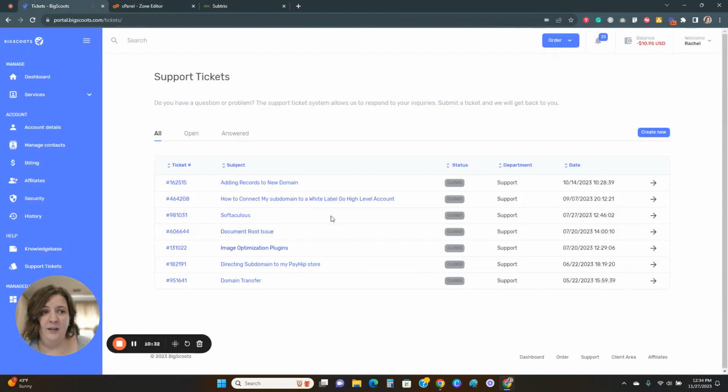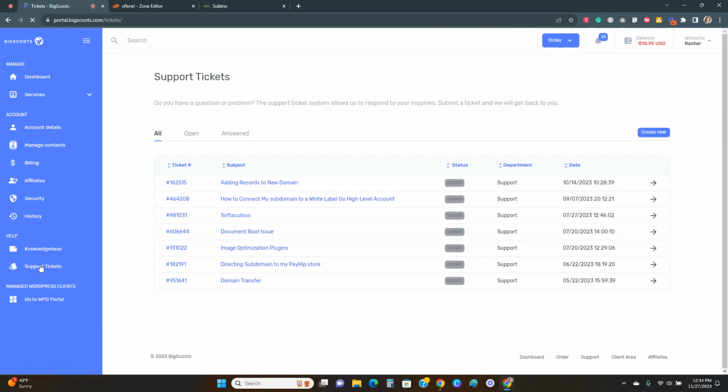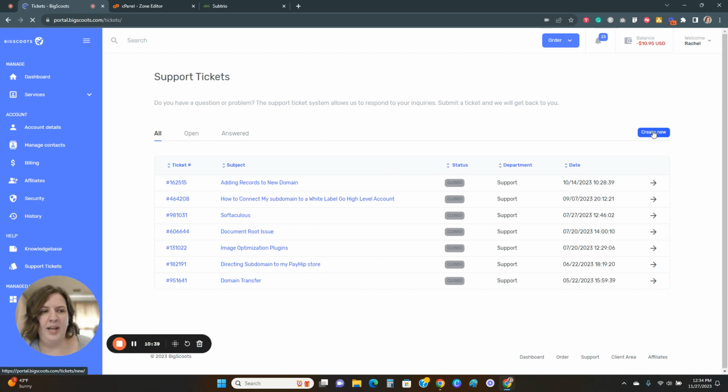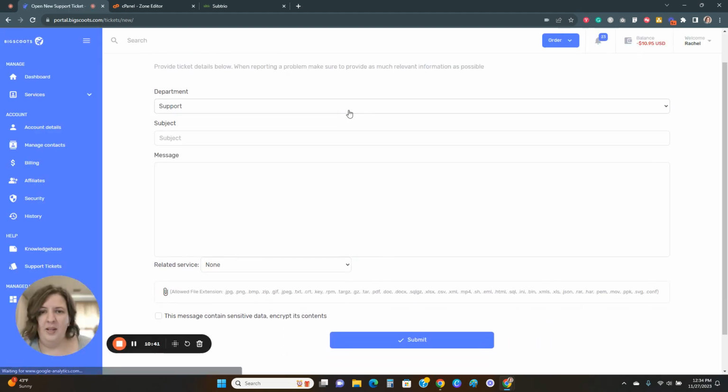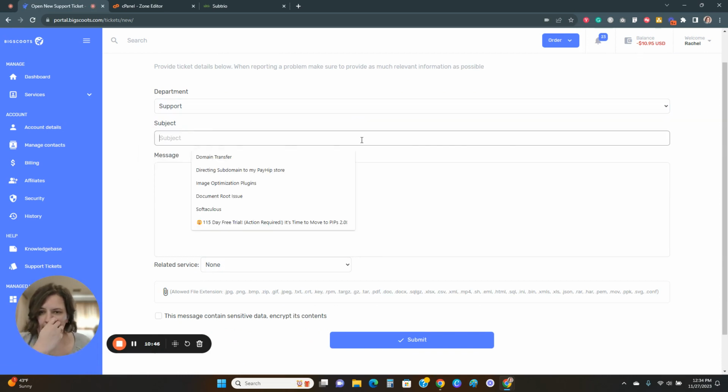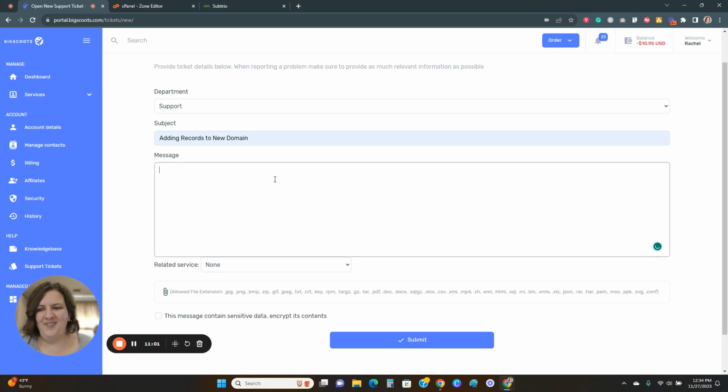So come back over here, we've got our cPanel, and we need to actually come back into our main account here. And you're going to click on support tickets right here. And then click on create new, okay? And this is going to go to support, and you can add whatever subject you want to, but this, I'm going to do adding records to new domain, because I've done this before. It automatically popped up apparently. All right, so then what we're going to do is we're going to say,